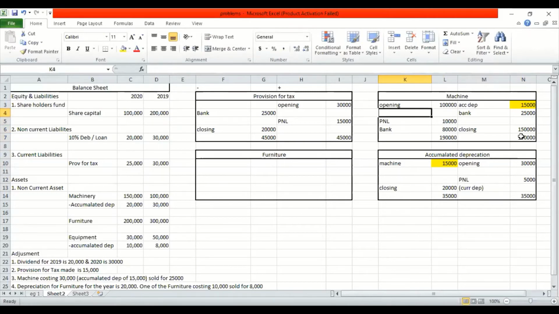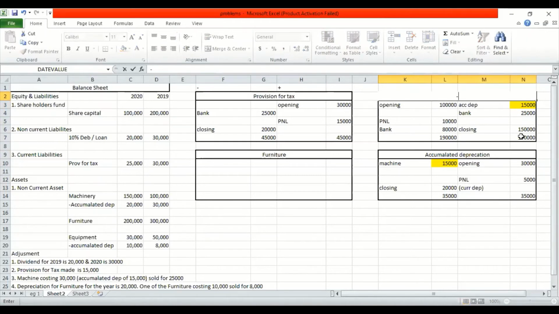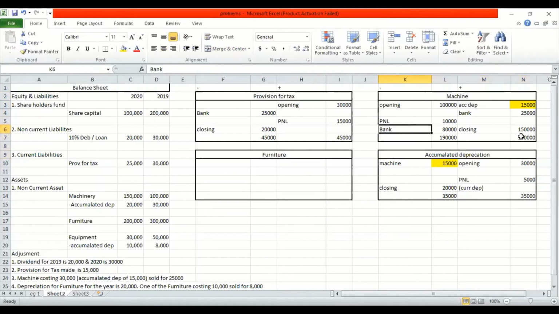Now, again the same rule. Let us write here a minus sign and over here a plus sign, because we know that anything in the debit has to be minus and anything in the credit has to be plus, so that we never go wrong. So P&L account, P&L is associated with your operating activity. So immediately I will write here O. That means I will have no confusion to start my sum. Bank, investment activity. So this side is clear. The opening and closing is never taken. You only take the other figures.